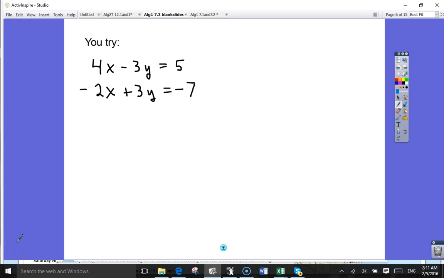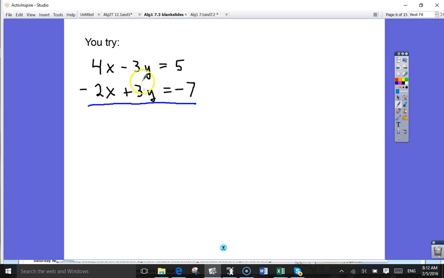Quiet, please. So remember, when you're looking at the system, and it's in standard form and the variables are lined up, you want to get to a step now where you eliminate a variable. When that's a negative and that's a plus, by adding the two equations, you're going to cancel the y. That means you add these and you add these. So whatever you're doing to cancel that variable, you got to do the same thing with the other terms too, right? So in this problem, if I add them up,